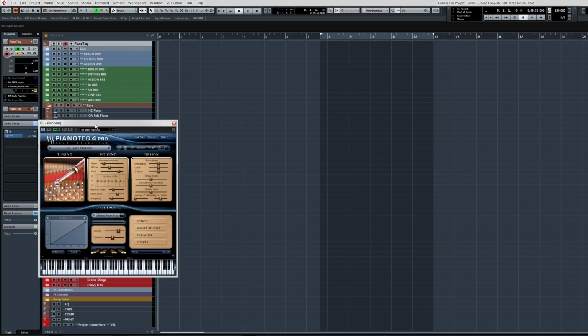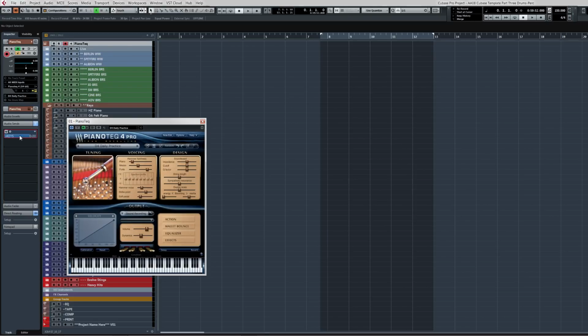I've played it before, but it's a very nice, well-balanced keyboard. And I found that if I want to